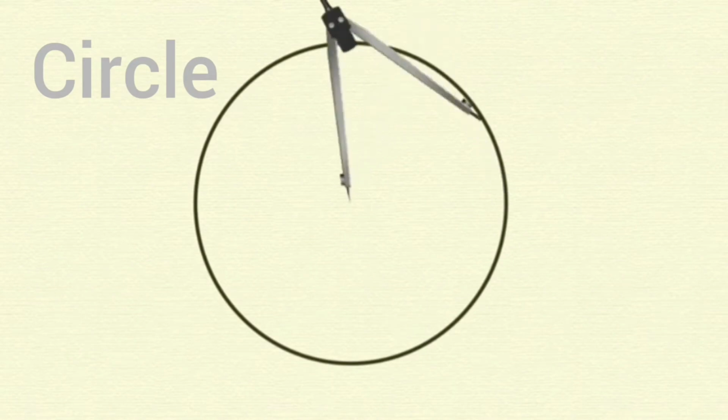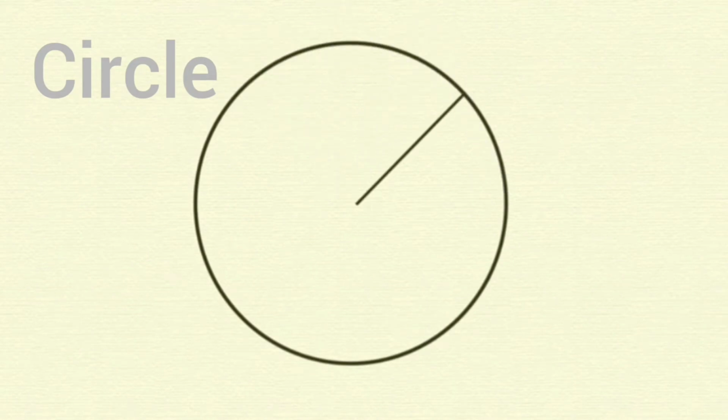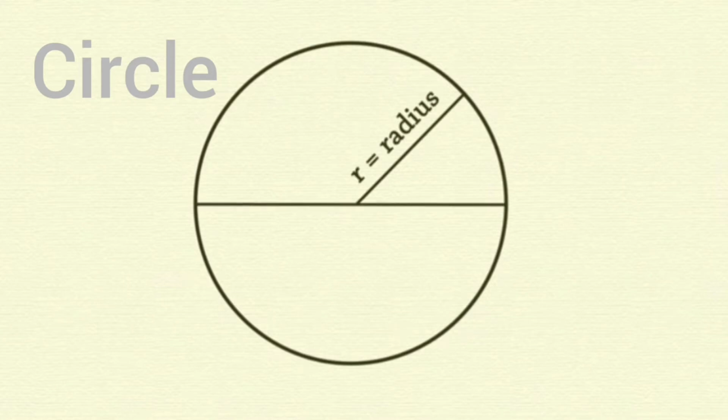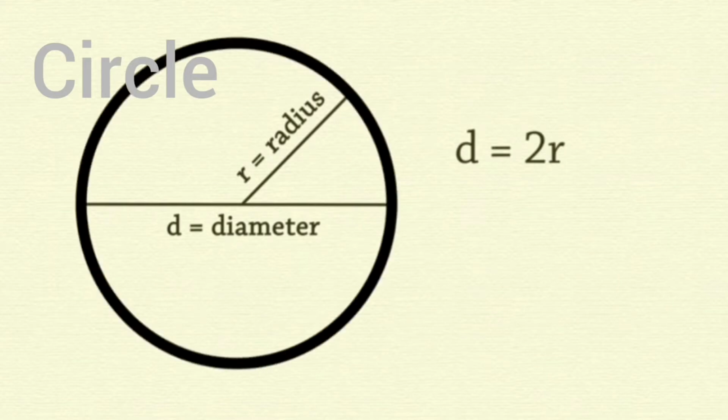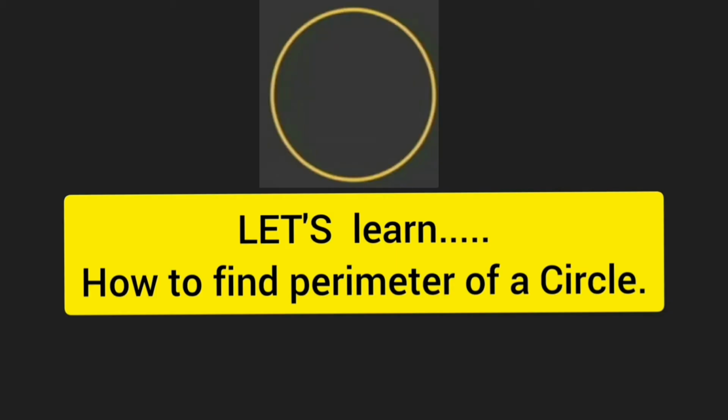In our previous video, we have learnt about circle, right? What is a circle? What are its different parts? We are familiar with them now. Now we know the edge of the circle that forms a ring is called the circumference of a circle, right? In this video, let us learn how to find the perimeter of a circle.